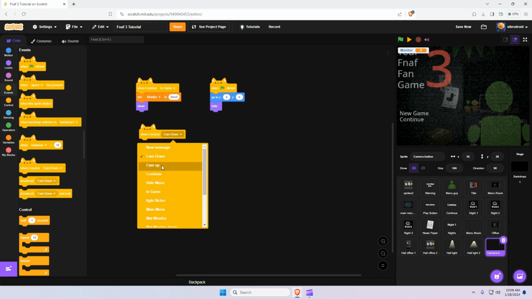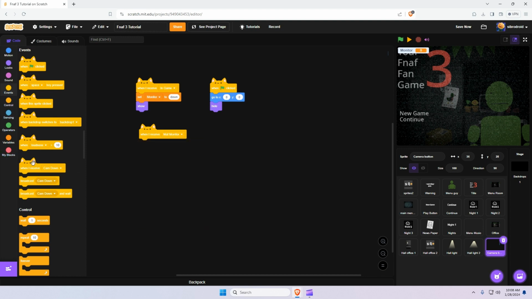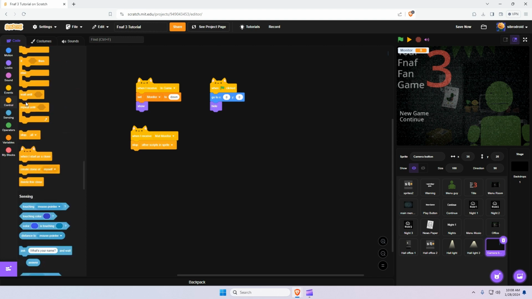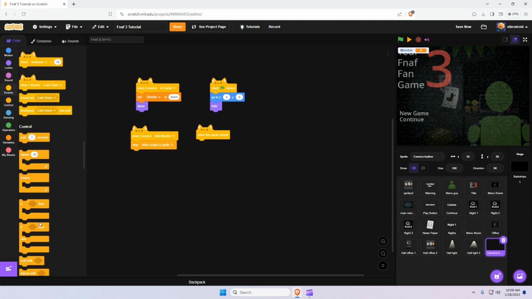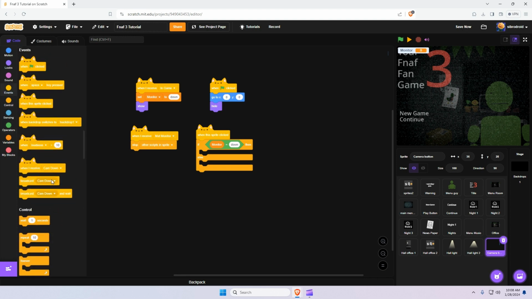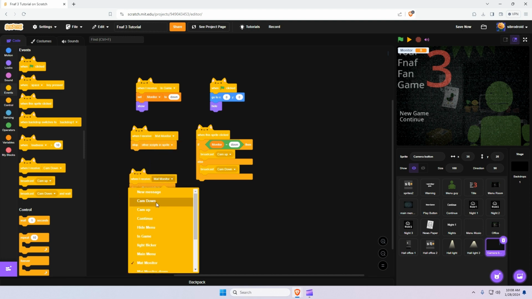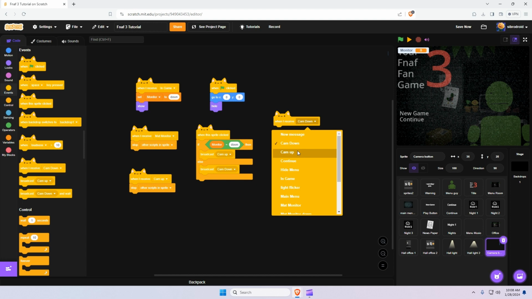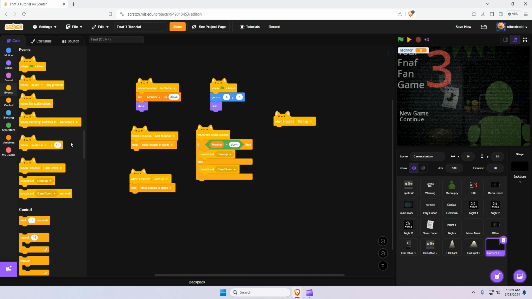When I receive maintenance monitor, do stop other scripts in sprite, and then do when the sprite's clicked, do if else, if monitor equals down, broadcast cam up, else cam down. Then do when I receive cam up, stop other scripts in sprite. When I receive cam up, cam down,